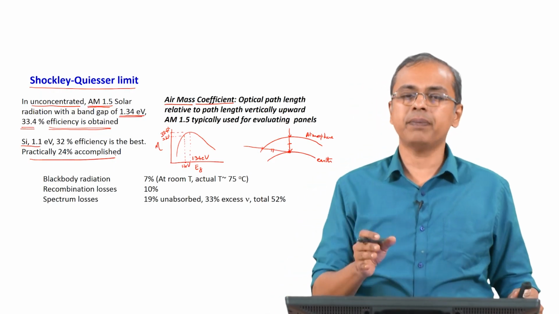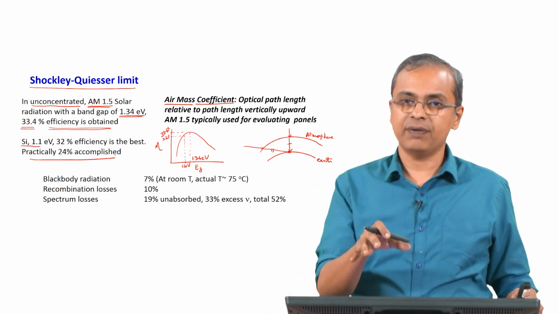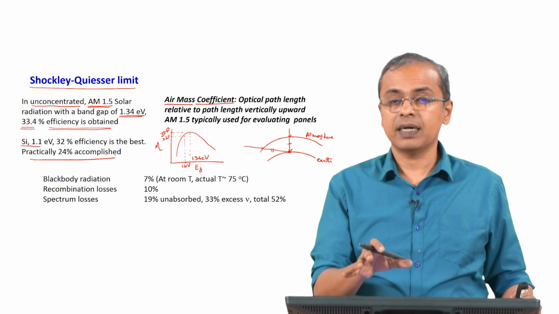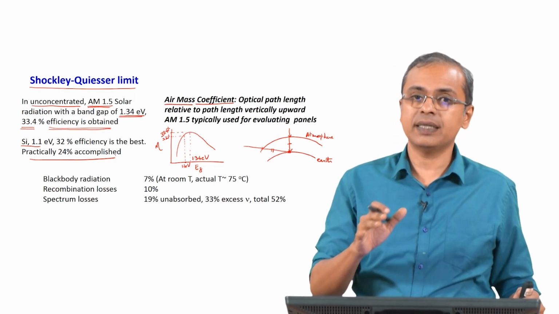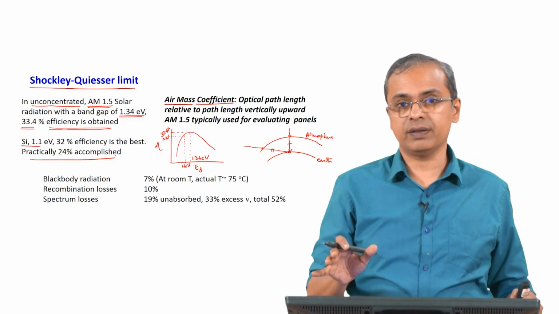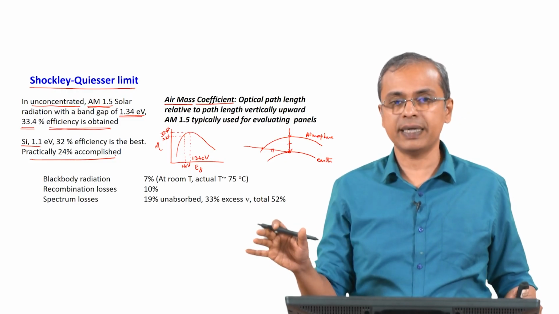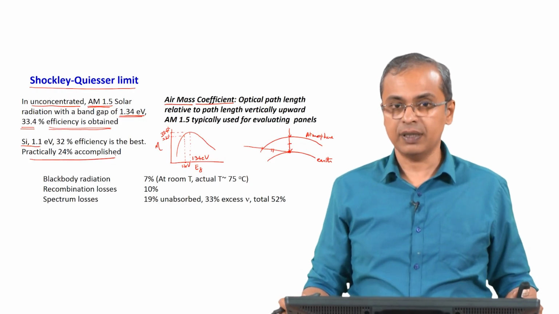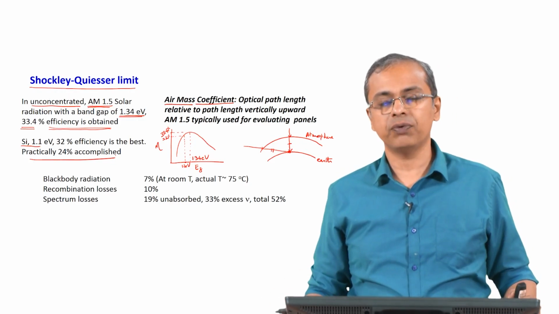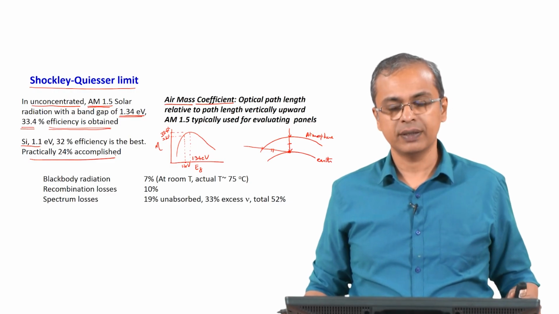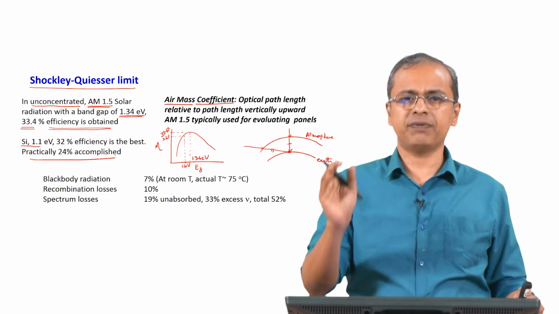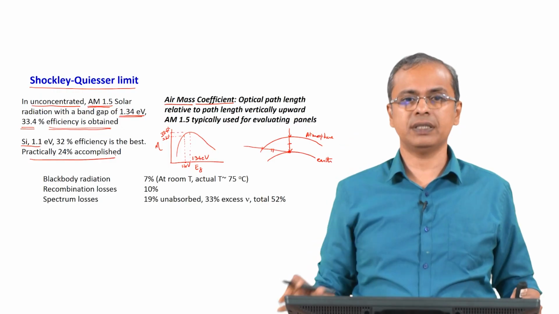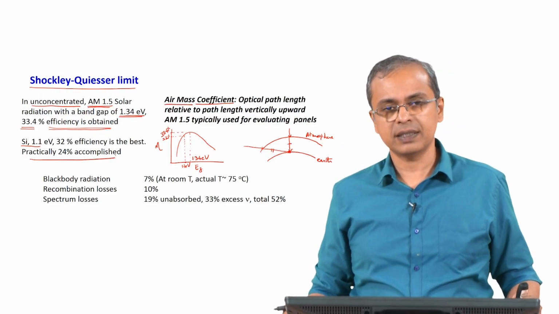But at the same time, we keep in mind the fact that every hour we are receiving enough energy from the sun that covers the entire energy requirements of the planet for a full year. So for a full year, whatever humanity needs is being received by us every hour. So even if, let us say, you have only 24% efficiency, or even let us say 20% efficiency, I won't even say 24, let us say 20% efficiency, it simply means